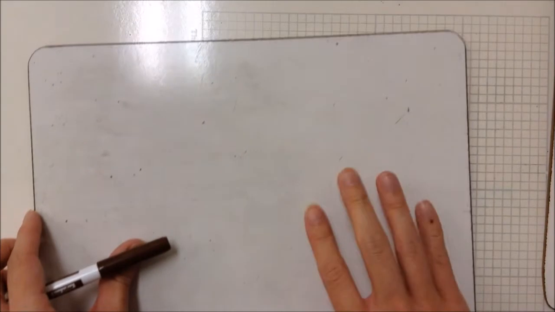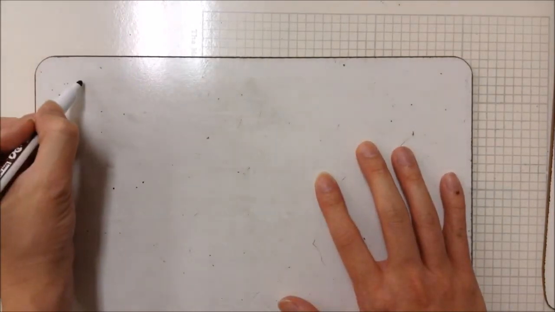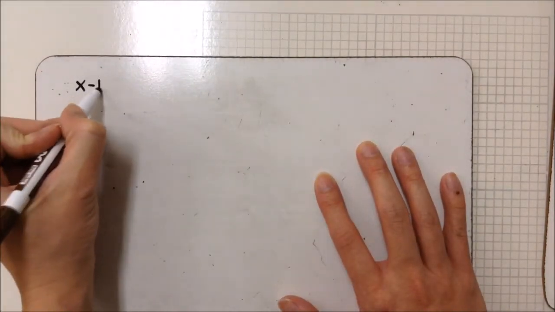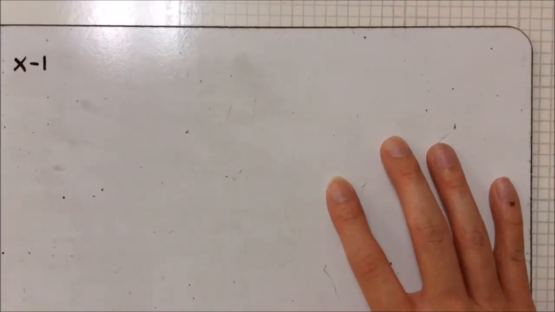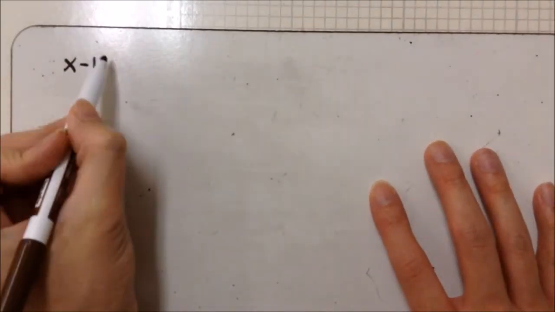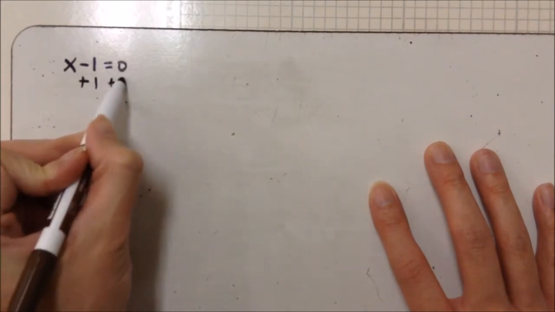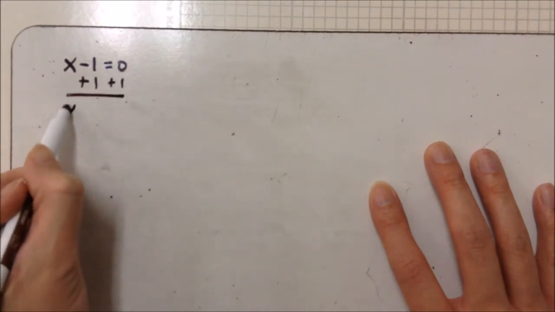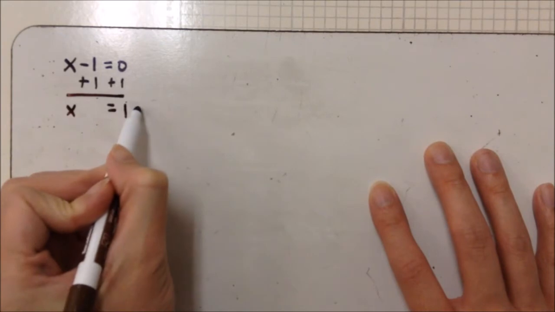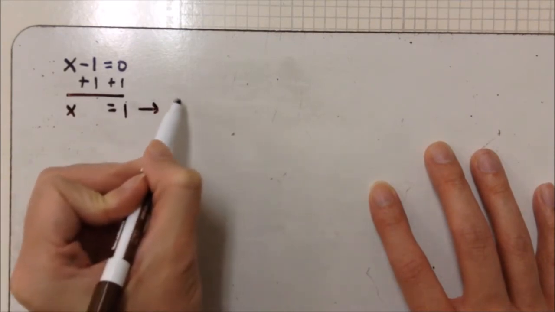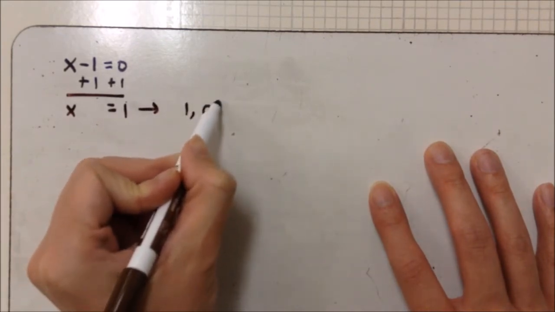So we're going to do x minus 1 set it equal to 0, plus 1 plus 1, x equals 1,